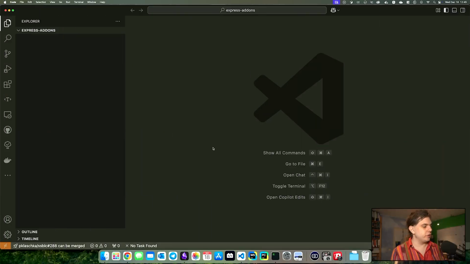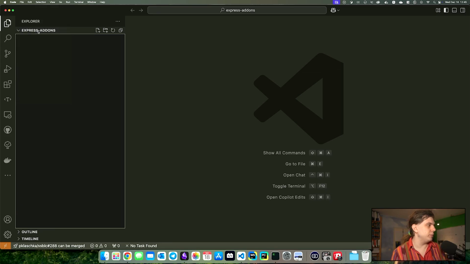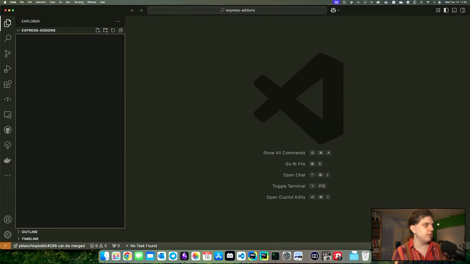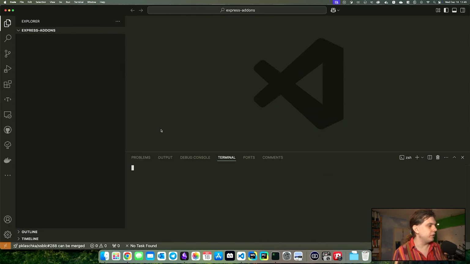Now that we have Visual Studio Code installed, I have opened it up, and I have actually opened a new folder I've created called Express Add-Ons. This folder can be called anything you like using the open folder thing right here and just selecting our empty folder. Now you can go over to Terminal and click on New Terminal to open a Terminal tab within this very folder. With this Terminal tab, you can now just enter npx @adobe